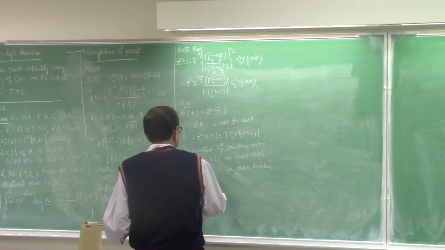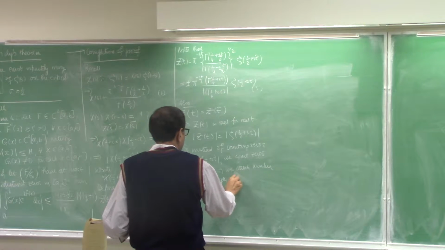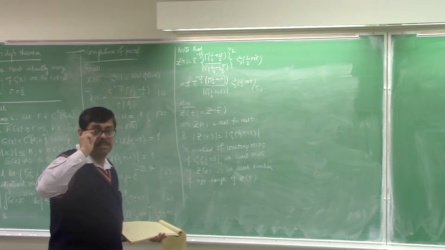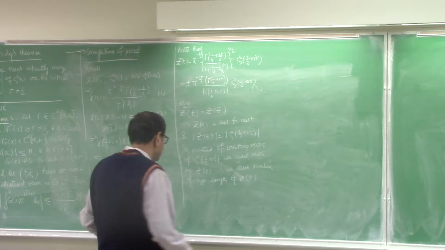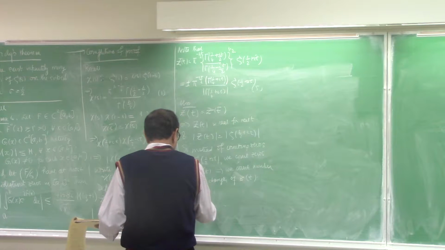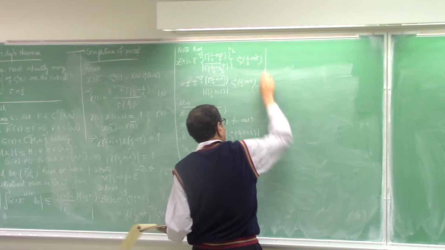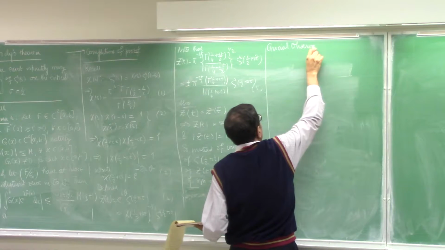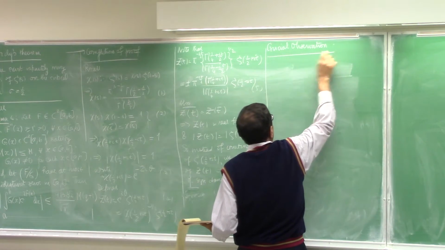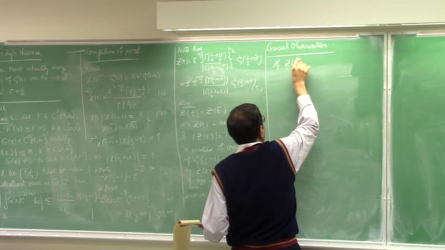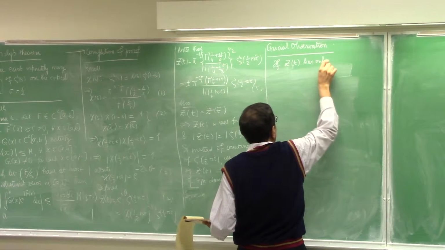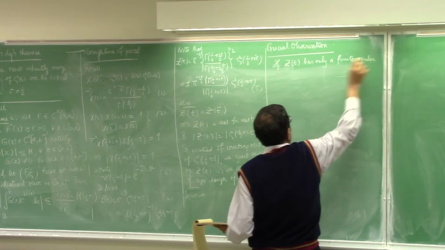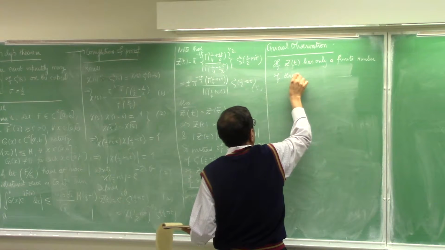So this is where we were last time. So now the important observation is, if z of t has only a finite number of zeros, so this is a crucial observation. So we're going to put it here. And this is going to be the crux of our proof with all estimates today. So the crucial observation is, if z of t has only a finite number of zeros for real t,